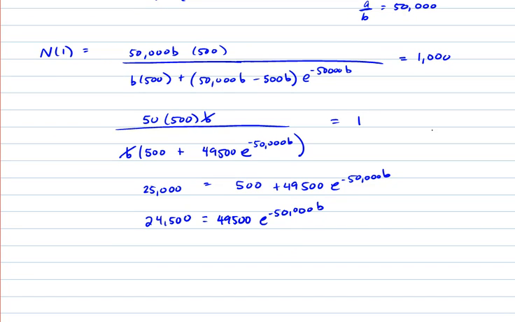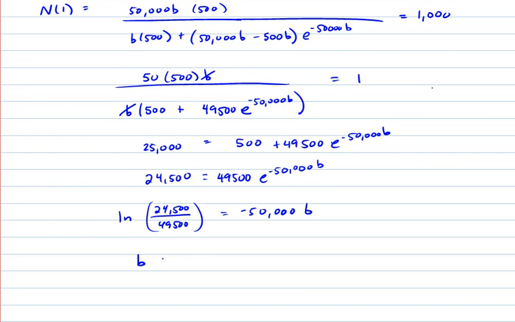Then I'll divide by 49,500 and take the ln of both sides to have 24,500 over 49,500. Then I take the ln, and I get minus 50,000 b,